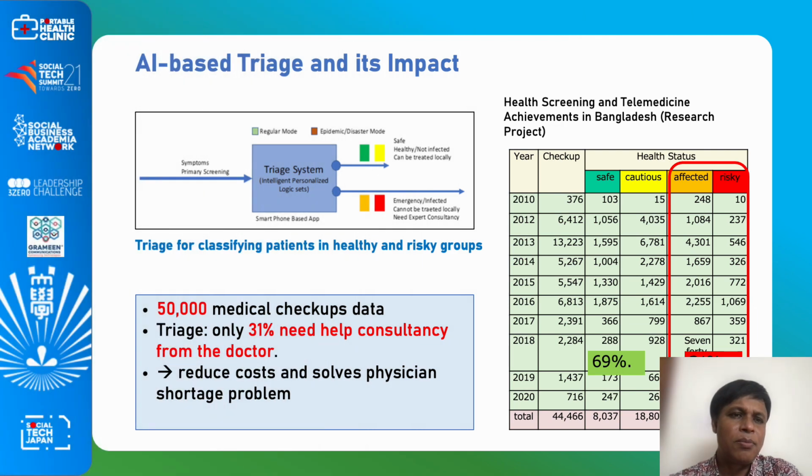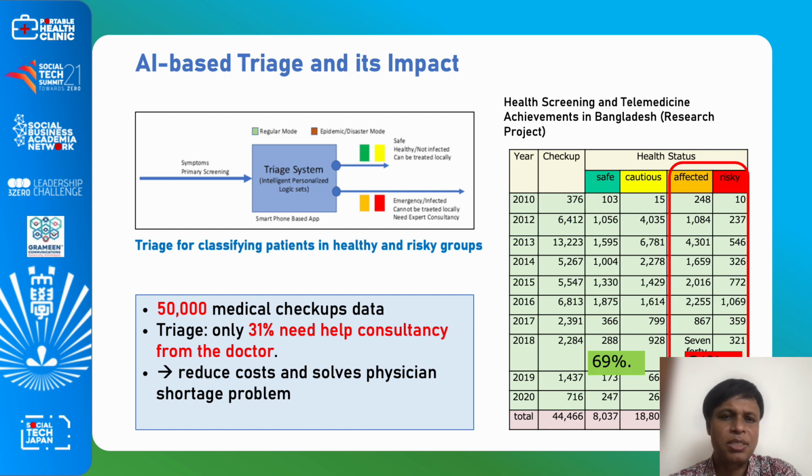Inside the portable health clinic, we have the triage. It's artificial intelligence based triage to classify the patients into different colors, meaning the status of health, from green to red. So in our experiment so far, from 2010 to 2020, about 10 years of monitoring in different locations in Bangladesh, we found that